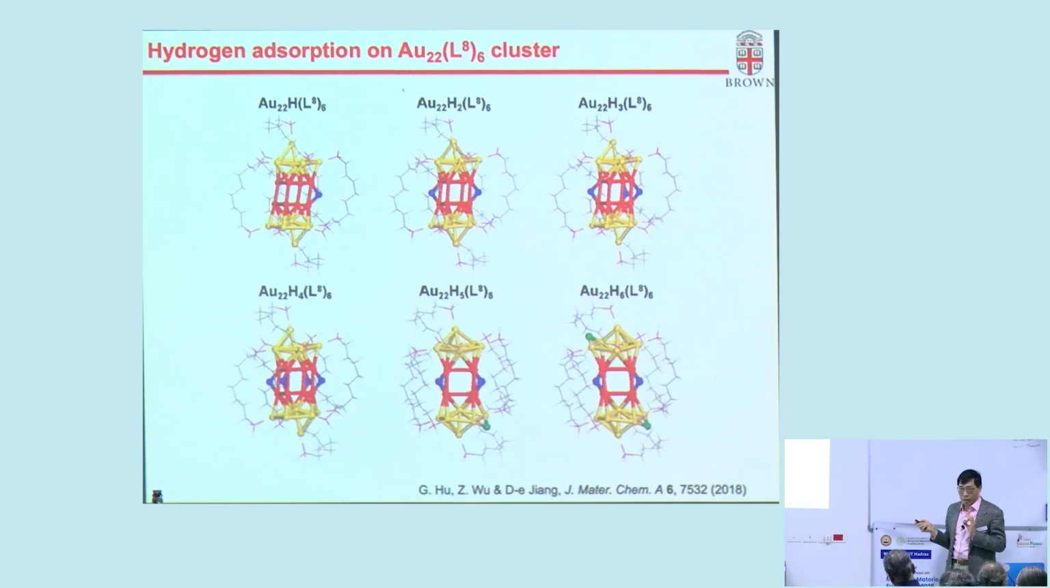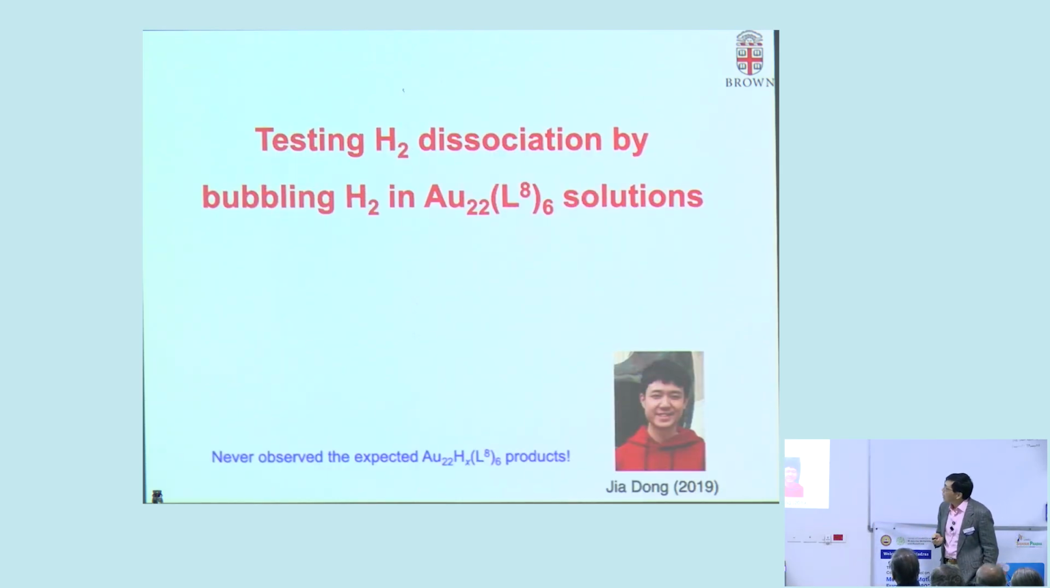Now, this is exciting. So we thought, if we take this gold 22 and bubble hydrogen through the solution, we should see gold hydride. I saw that would be a demonstration that this could be a very good hydrogenation catalyst. So I was able to recruit a student in 2019. This is Jia Dong, and